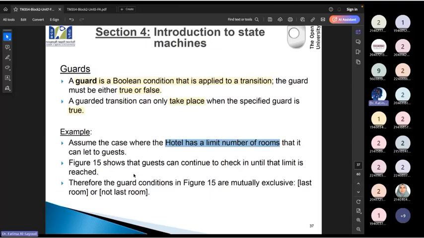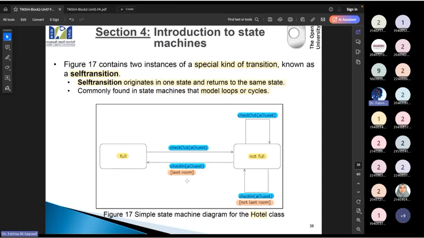Okay, the guard is going to show us a different status, and it's going to show us if and only if this guard is correct, I'm going to enter this status. So at the beginning, let's read this diagram one by one. Okay. So what does this diagram represent for us? The hotel states. I have a hotel; at the beginning it's going to be not filled, after that it's going to be filled. And then actually we have a middle status, and we will see it later.